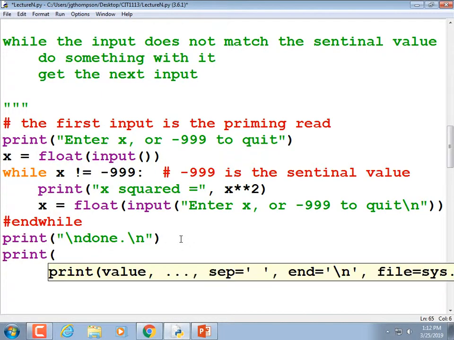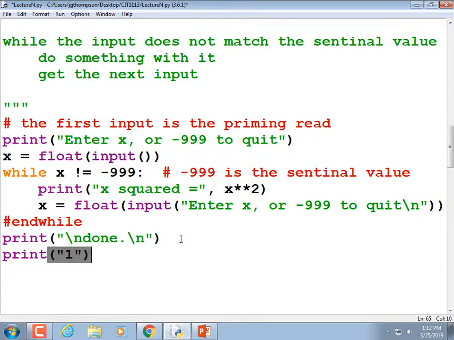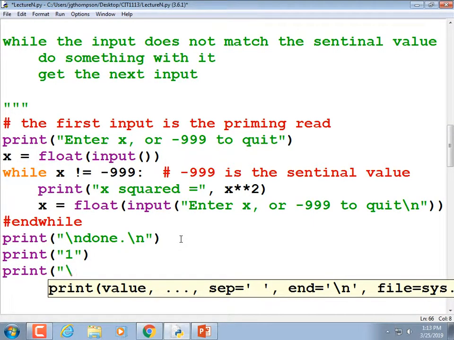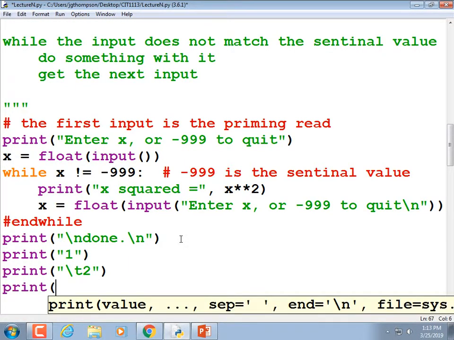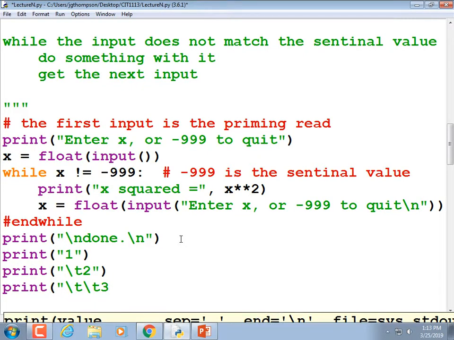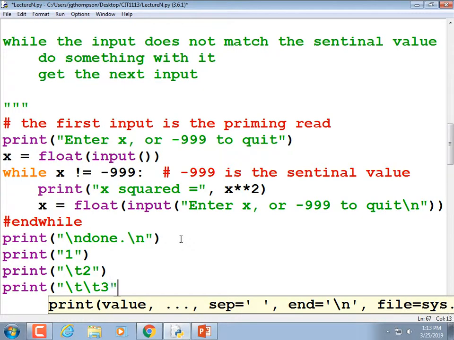Like this. Print parentheses quote 1 end quote, end parentheses. Print parentheses quote, backslash t, 2, end quote, end parentheses. And we're not going to do this for too long, but print parentheses quote, backslash t, 3, end quote, end parentheses.